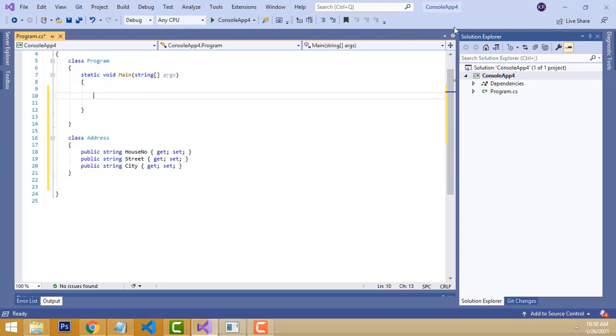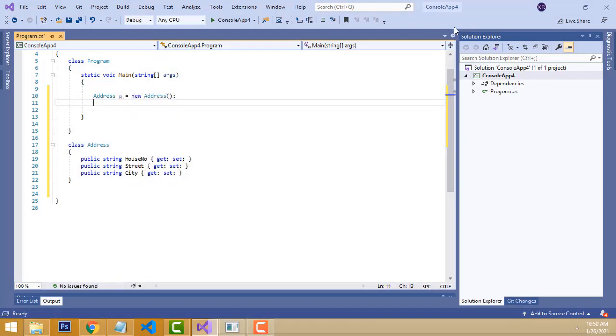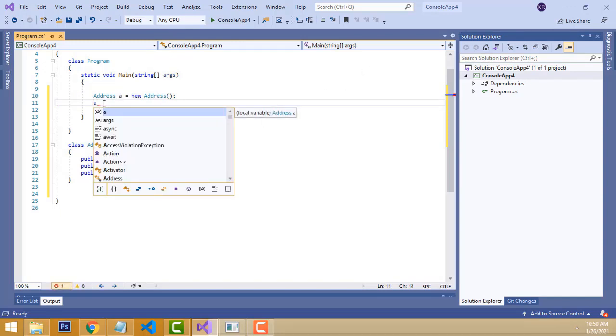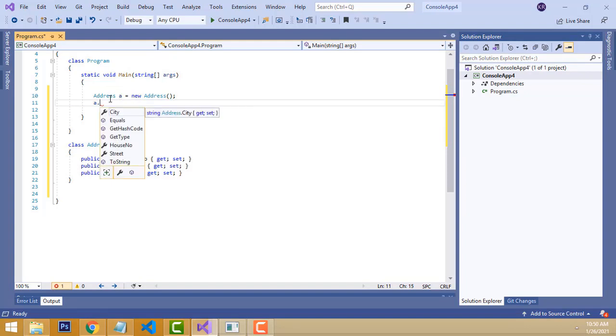Here we have to do the instantiation. We have to create the class Address variable: a equals new Address. I want to get the properties of this Address class, so we use the Address class object a dot, and you get all the properties of it, like house number, street, and so on.